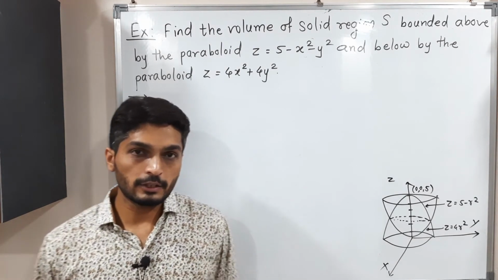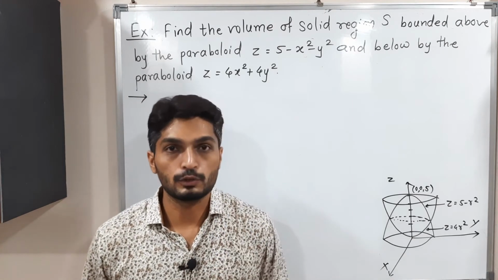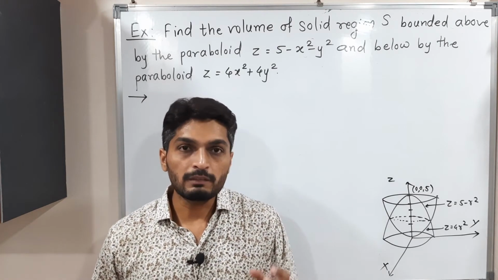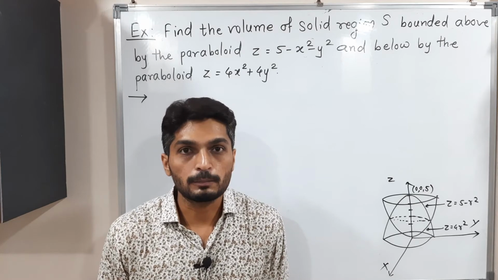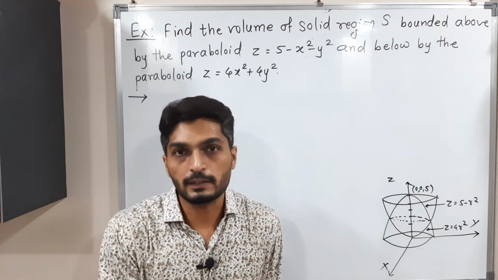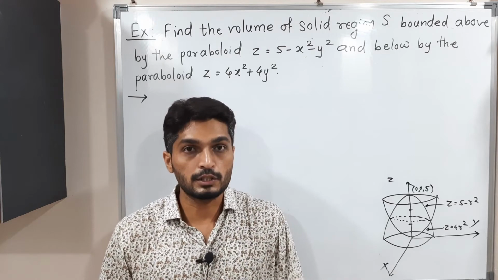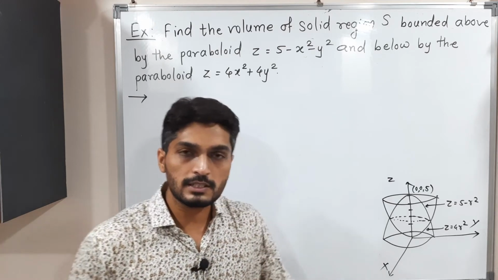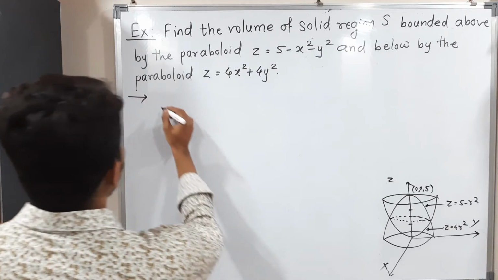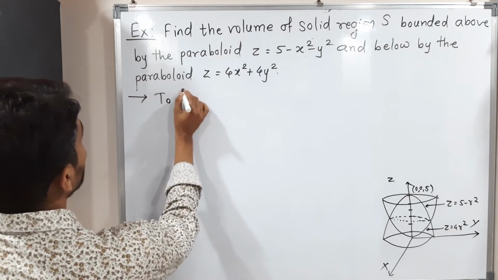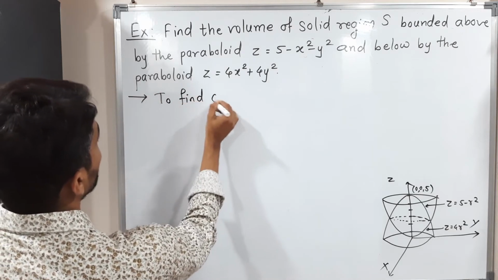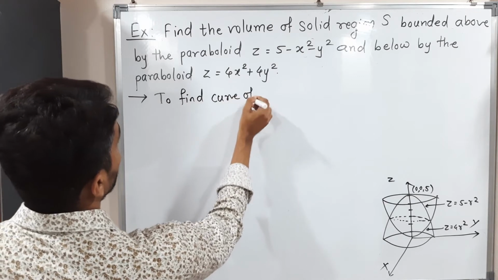It is necessary to know the curve of intersection also here. What do we do when we wish to find a point of intersection? We put one equation in the second equation, so we get the point of intersection. So here, to know the curve of intersection, I will put one equation of a surface in the second equation of a surface. I will clearly mention, to find the curve of intersection,